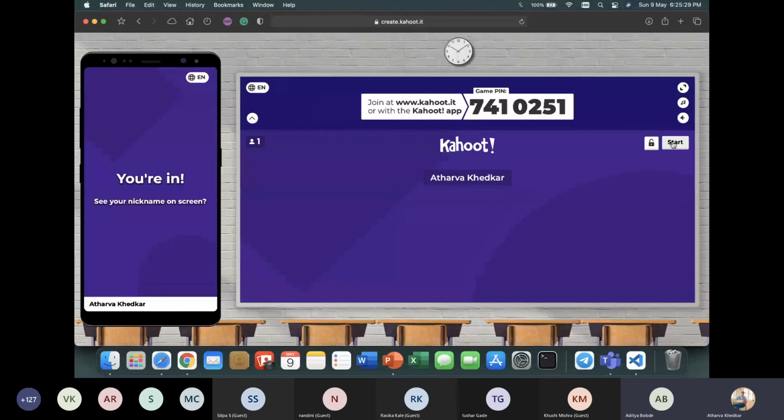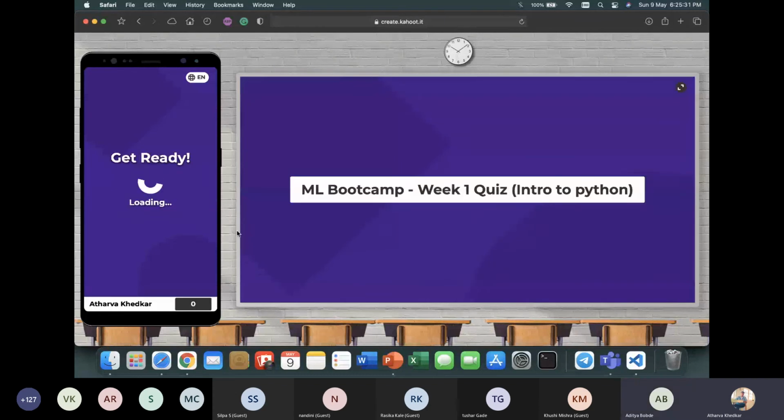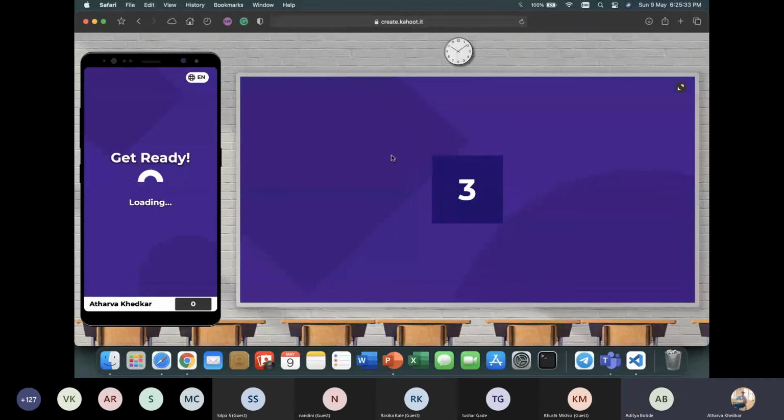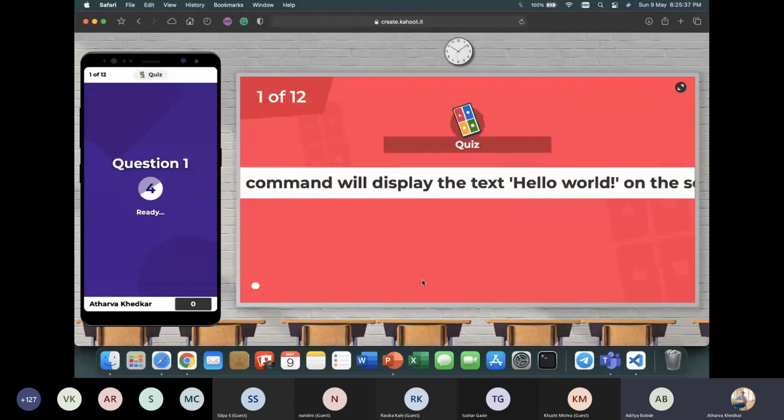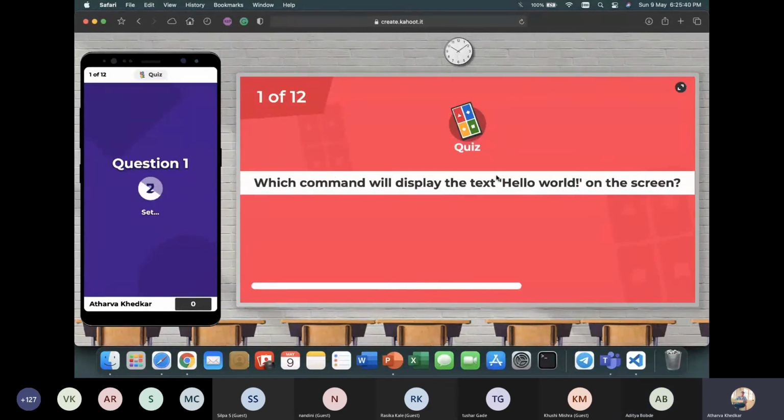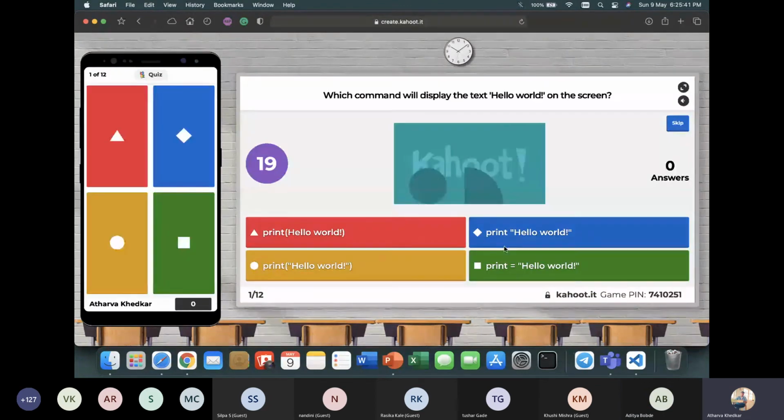Okay, and once I start, the questions will be shown on my screen, with the options. So this is the question and these are all the options, and this mobile phone is your device.